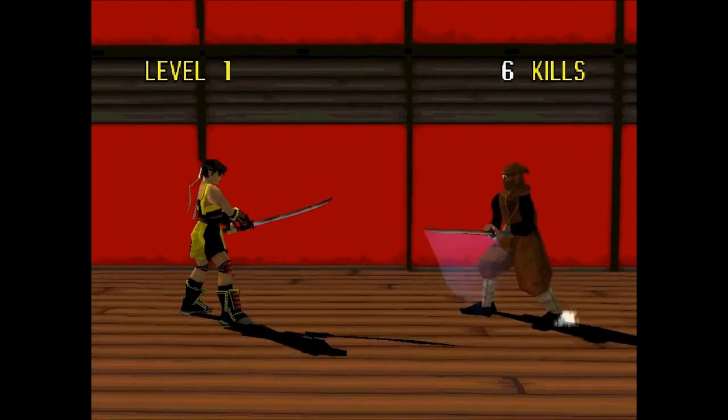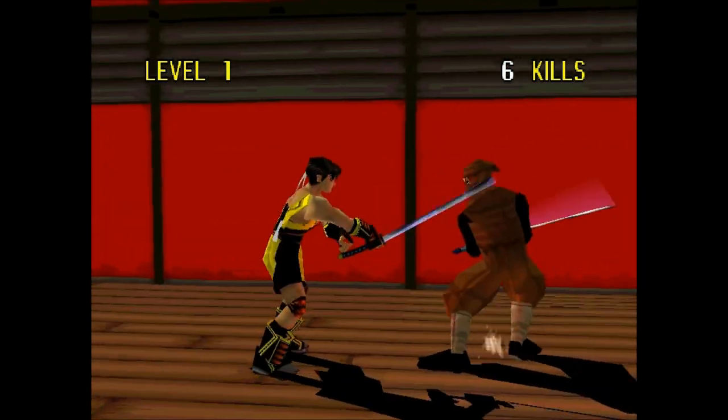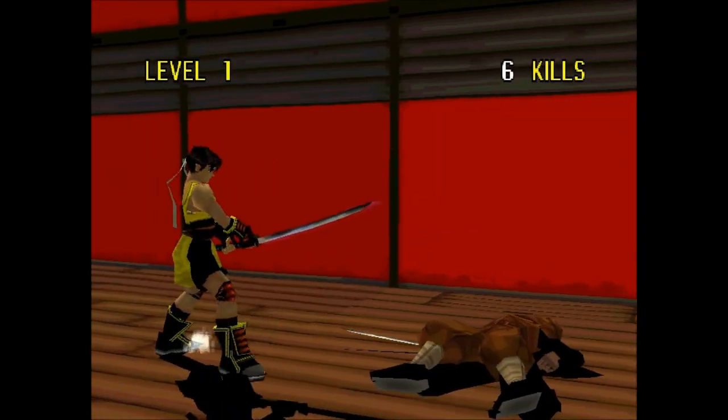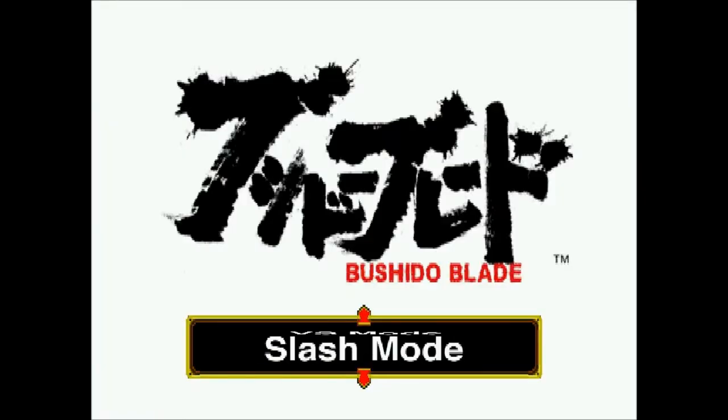Now, this is fun, and it's relatively simple up until you start getting into higher digits, where enemies start becoming more powerful. And once you have, you know, 1 or 2 strikes to your body,